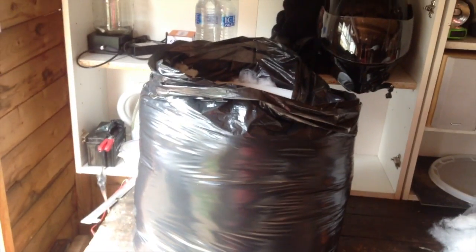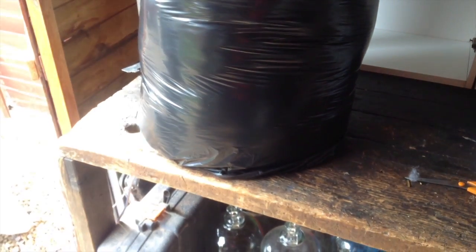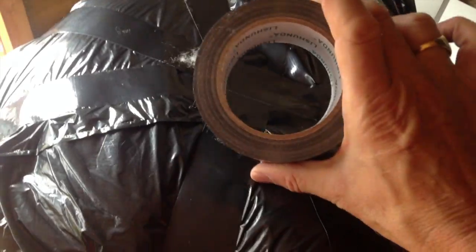Just hope it's strong enough. Right, I'm going to get some tape round it now, some Boss tape, is it? Boss tape? And cut the holes in it first, where the pipe's got to come out. Doing that now, I'm taping the bottom up with this Boss tape, so it's got a bit of strength at